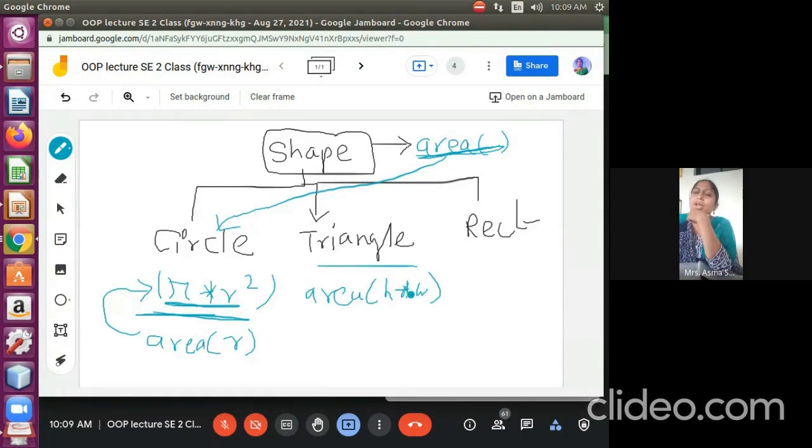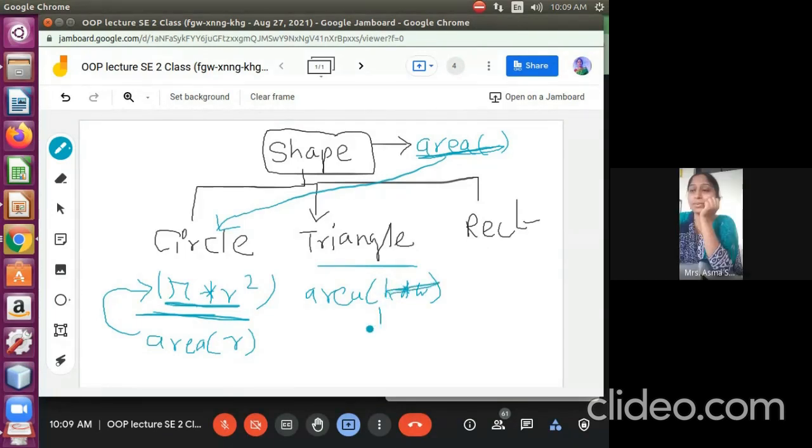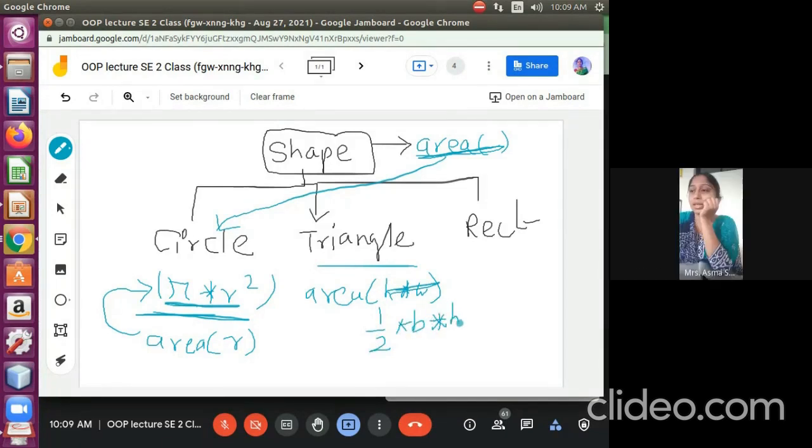For a triangle, what is the formula, students? Half base into height. Half base into height. Okay, so this is the formula for the area, and the next formula I can say for a rectangle is height and width. Yes, so now it's correct.